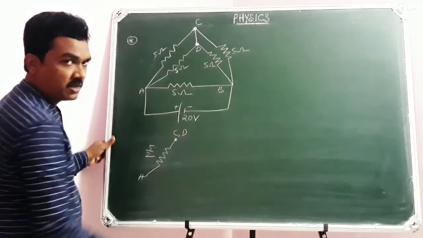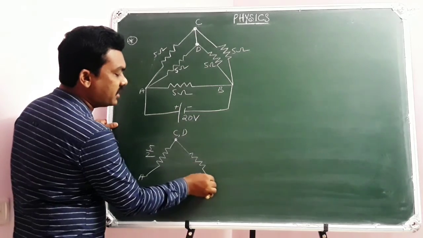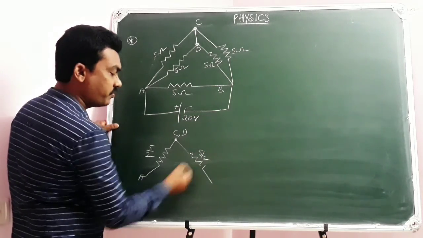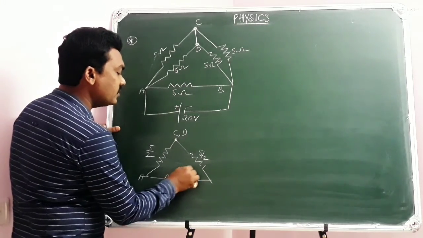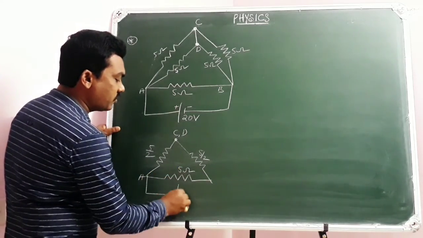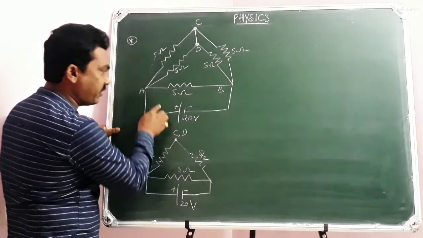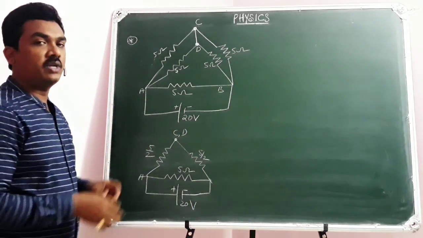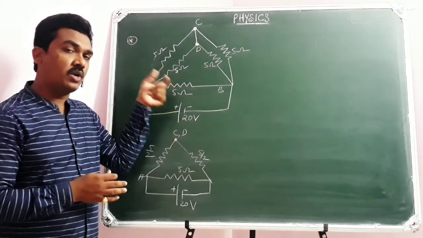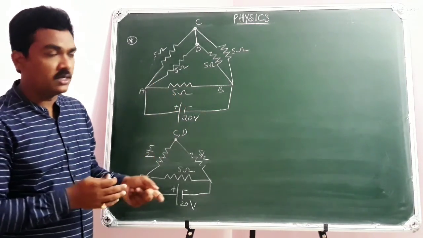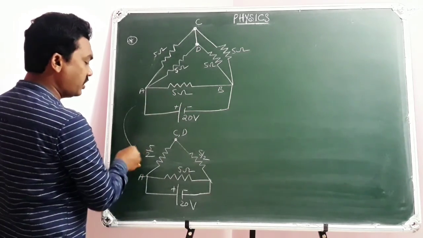Of course, C and D are at the same potential. Similarly, in between BC and BD, they produce 5 by 2. And in between AB, there is already 5 ohm, which is connected across the 20 volt battery. So this is the equivalent circuit for the given one. You take first the question with the electric circuit, then again draw the electric circuit for the solution part, then go for the equivalent circuit. So the equivalent circuit is here.